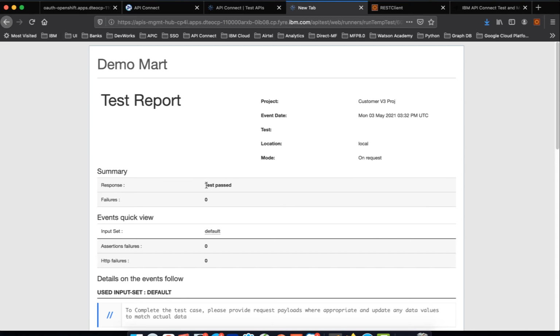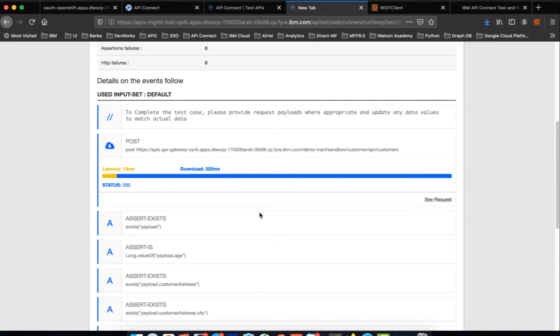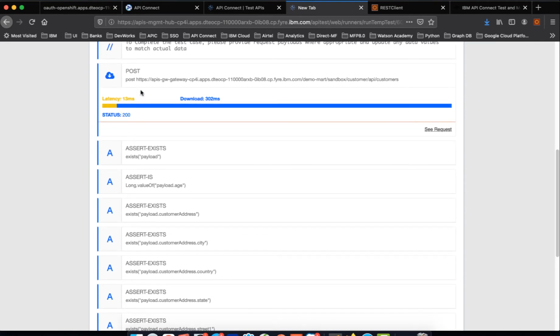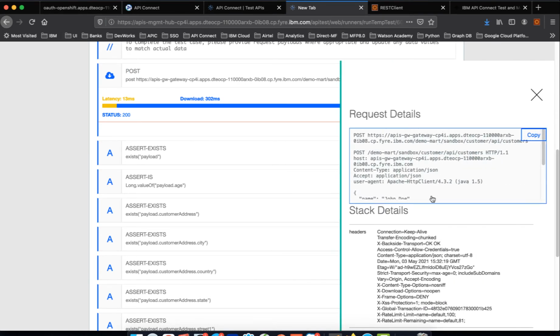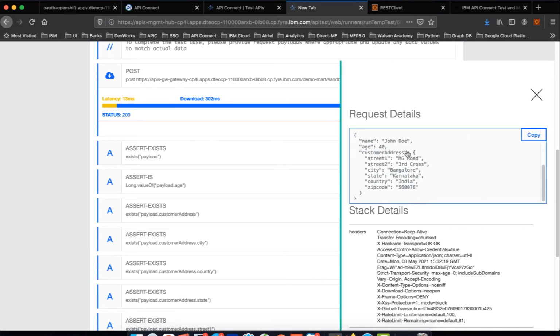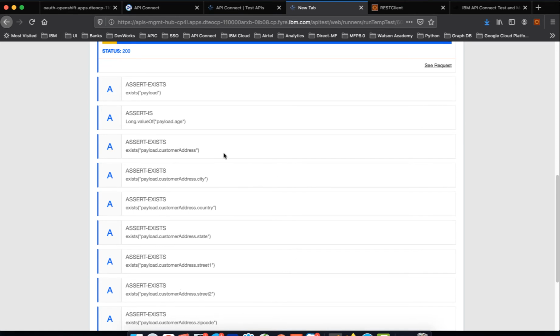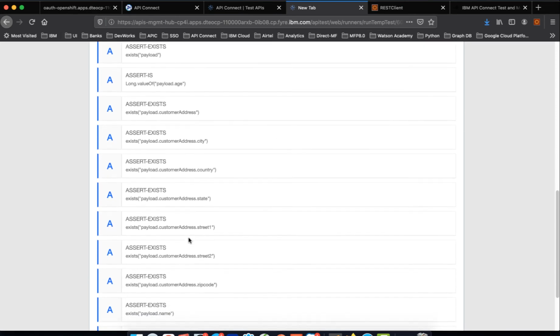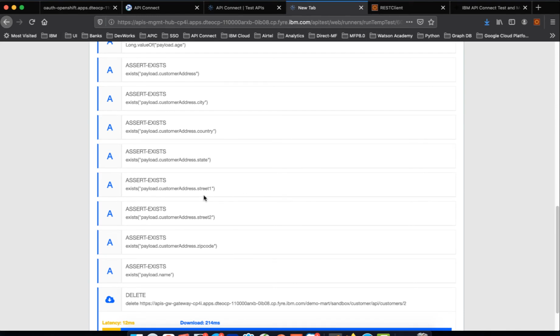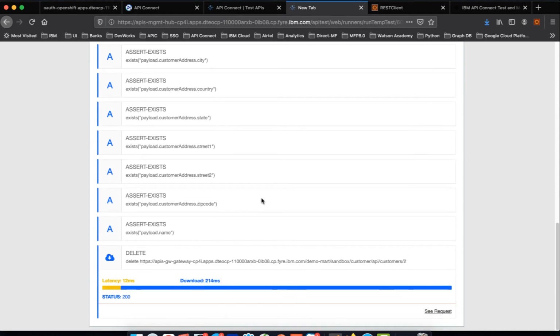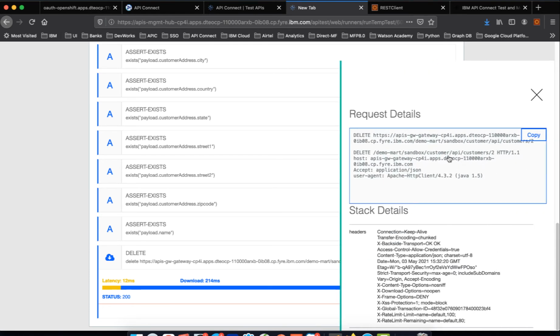Okay, take a look at it. All tests passed, no failures, and it has checked, it invoked the post. You can see the request, John Doe, right? This is the data, and it asserted based upon the information that you provided in the Swagger. These are all created. I have not created anything. Then it went and deleted. So the delete request, if you look at it,